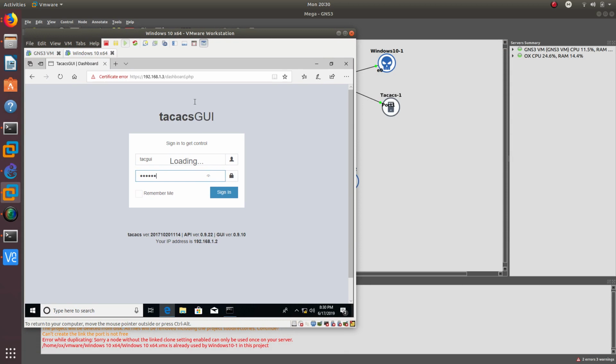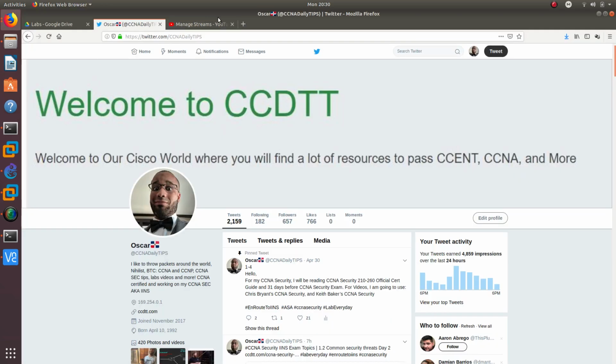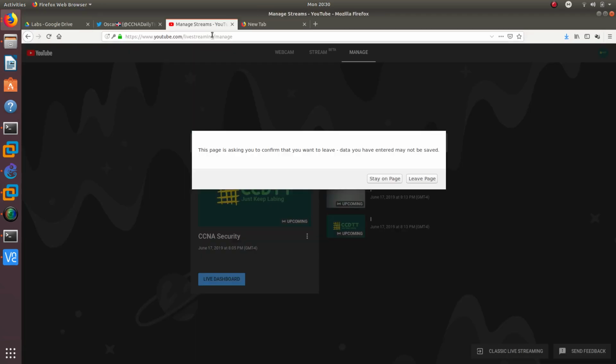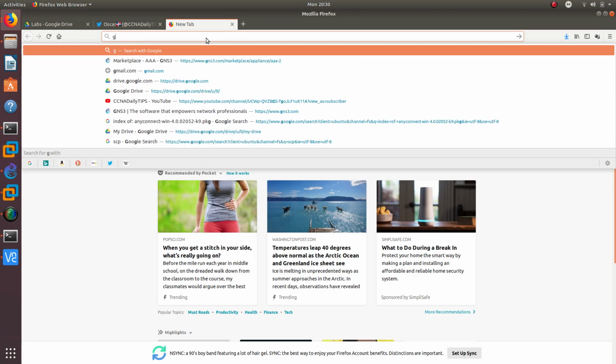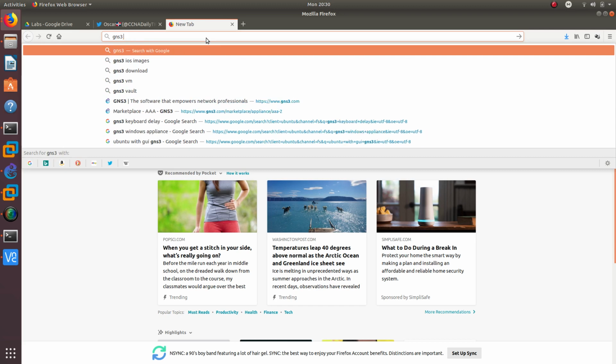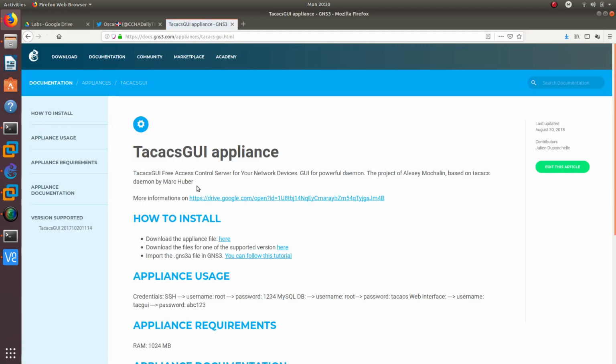and that's going to get you into this TACACS server, which is really cool how you can log into this TACACS GUI. And like I said before, guys, this one takes a little bit sometimes. Doesn't take that long, but if you go ahead and do a search, if you go to GNS3 TACACS GUI, you can download, and there's a lot of videos on how to set it up, but you can just download it from,